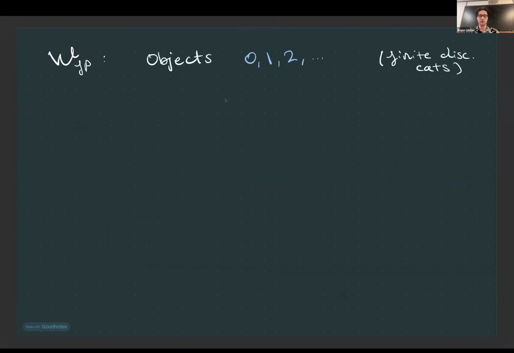Okay, so let me give you the actual definition of this base of enrichment. The objects are going to be, just like I said, either natural numbers or finite discrete categories, which is maybe a more sensible way of thinking about this. And maybe this is a bit peculiar, but the Hom category from M to N is going to be the category of functors from finite sets to the M into sets to the N. Really, I think to make things easier, we want to take a skeleton of finite sets here, but that doesn't really matter too much.